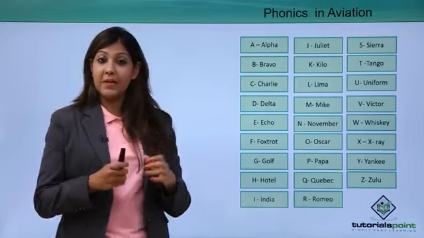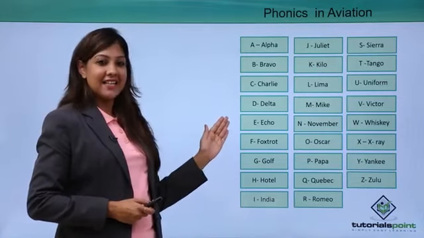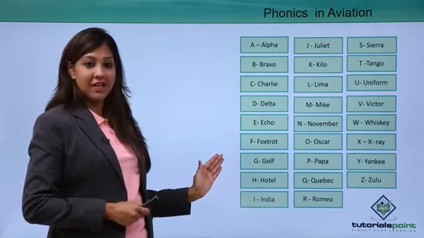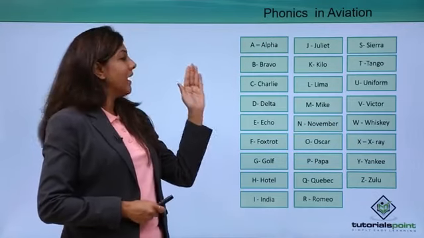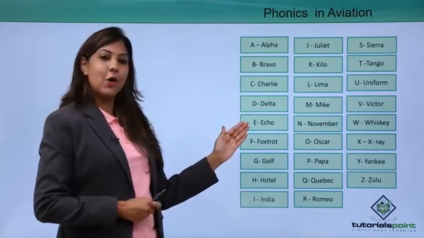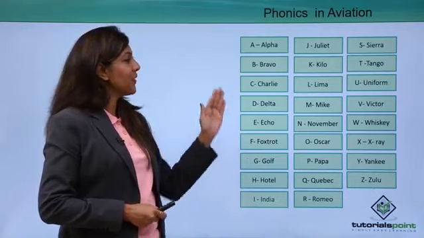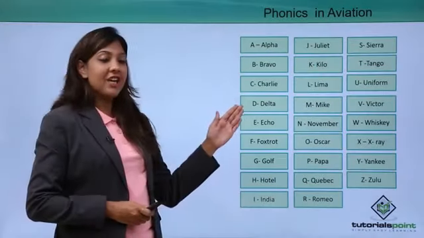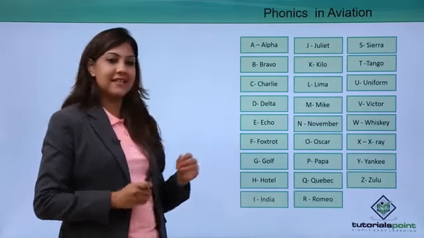A stands for Alpha, B stands for Bravo, C for Charlie, D as in Delta, E as in Echo, F as in Foxtrot, G as in Golf, H as in Hotel, I as in India, J as in Juliet, K as in Kilo, L as in Lima, M as in Mike, N as in November, O as in Oscar, P as in Papa, Q as in Quebec, R as in Romeo, S as in Sierra, T as in Tango, U as in Uniform, V as in Victor, W as in Whiskey, X as in X-ray, Y as in Yankee, and